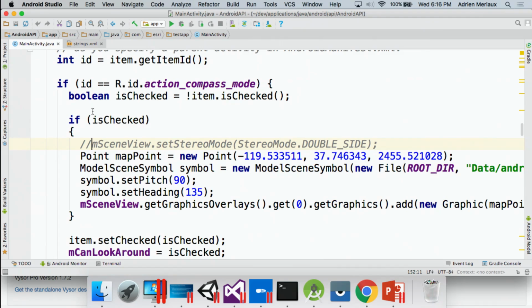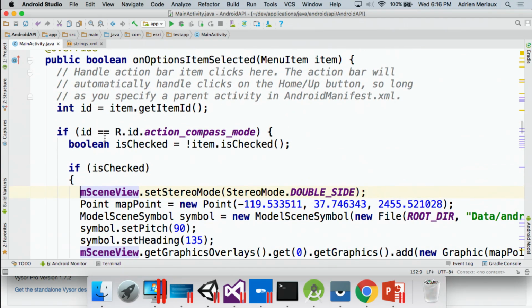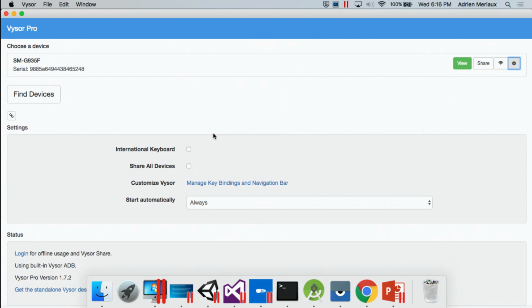Just adding one line of code to my scene view, all I'm going to say is now you're going to set the stereo mode of my scene view to be stereo mode double side, so basically the one with the barrel effect that we just showed. And that's all I have to change. And actually that's when I press the button. You can see in the code here, that's when I click on the compass mode. So if I go back to what the application looks like now,